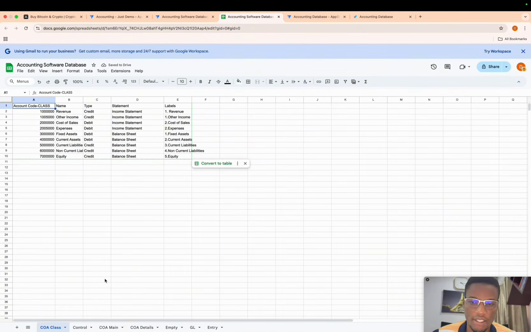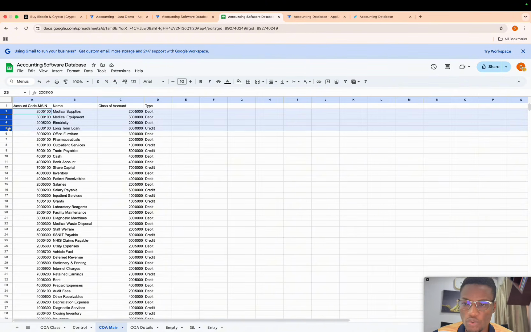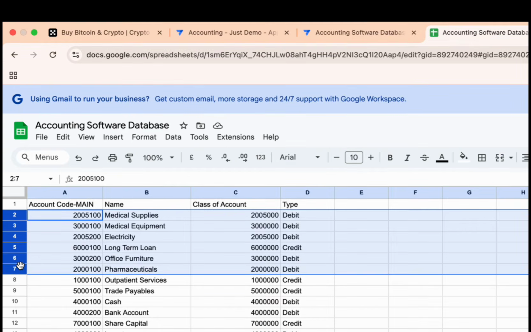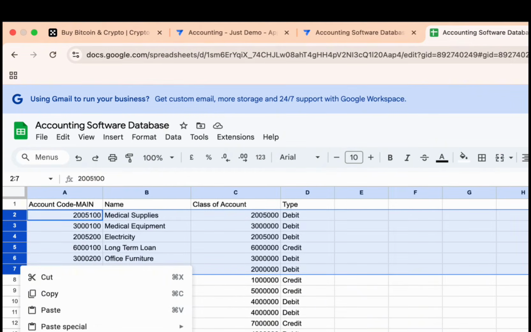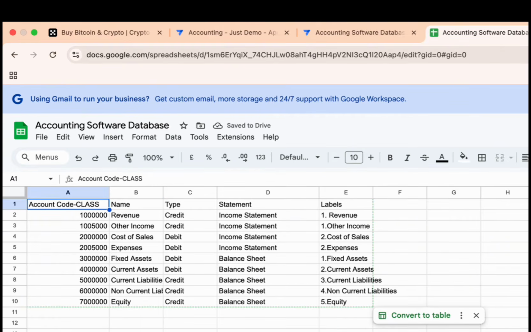Good. And then under view data source, we'll come here, COA main. Okay, so we're going to add our totals to this particular table. Okay, so I'm going to create some rules over here. Good. And then all we'll do is we'll come to class of account. This is where the totals are going to come from.